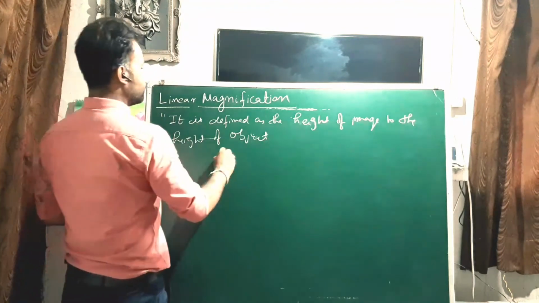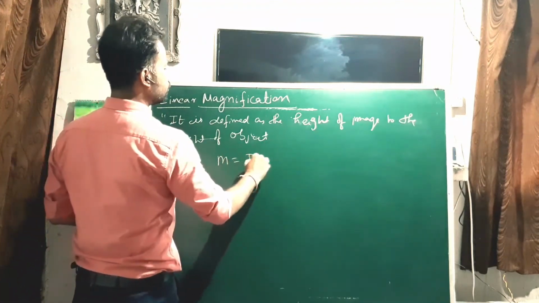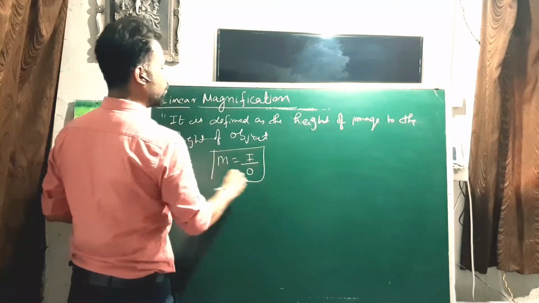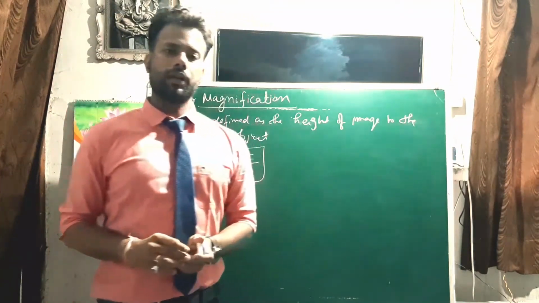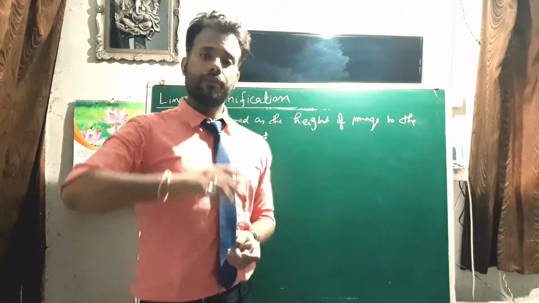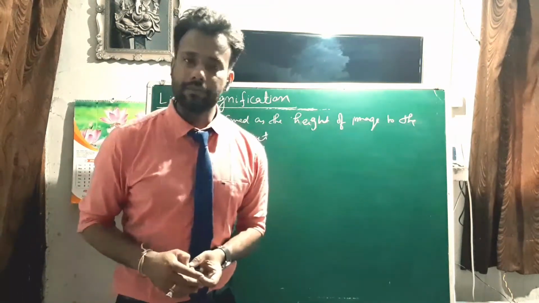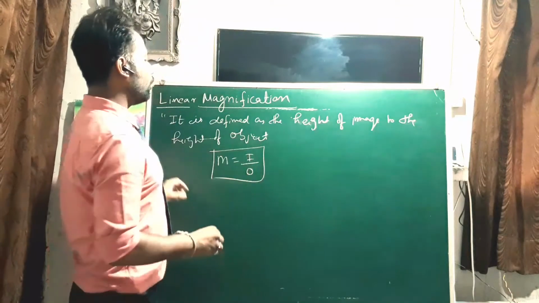That means m equals I upon O. When you solve the formula, which is again the derivation, which is not in your syllabus, you find this I upon O